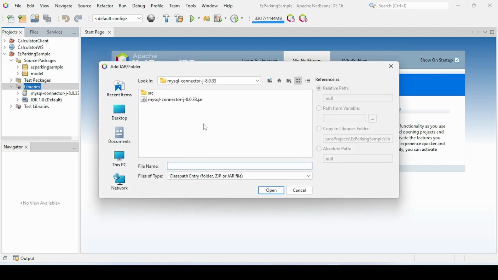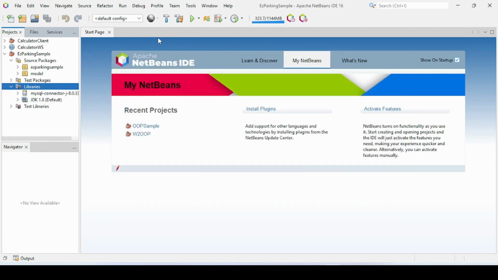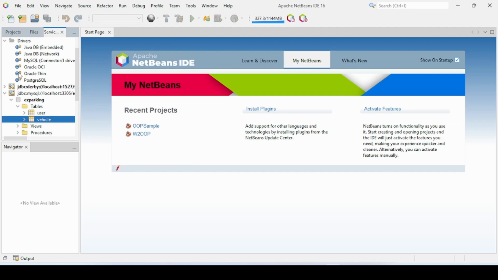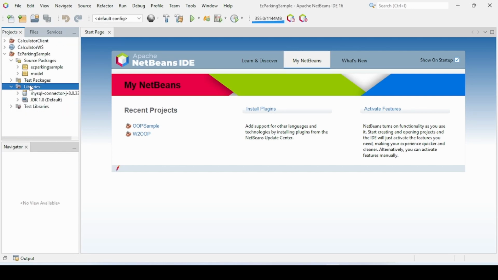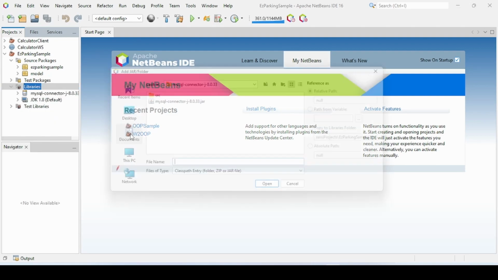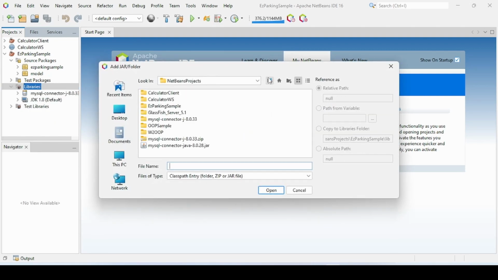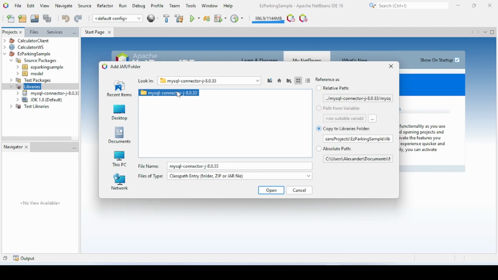jar or folder. Again, the process is similar to when you want to add a new connector in these services for databases. It's the same. So right click on the libraries folder over here, choose add jar or folder, and then redirect it to where you store the MySQL connector J driver. So in this case, MySQL connector J version 8,